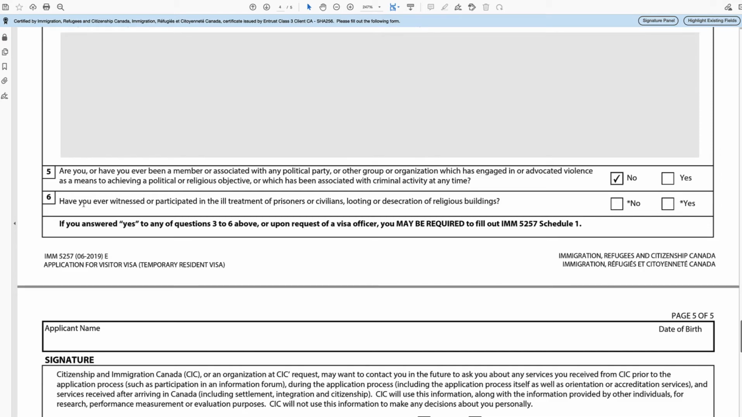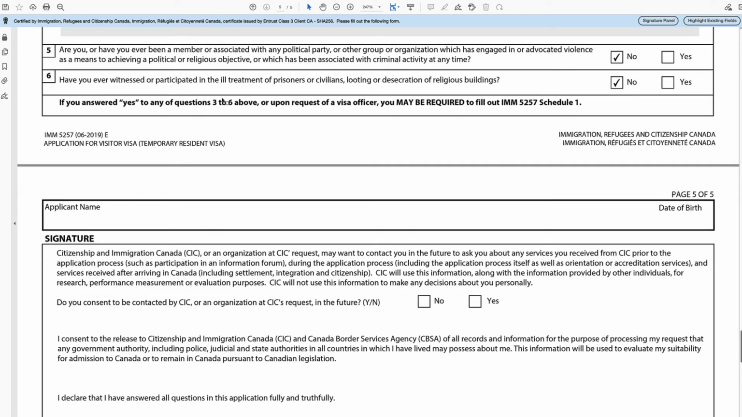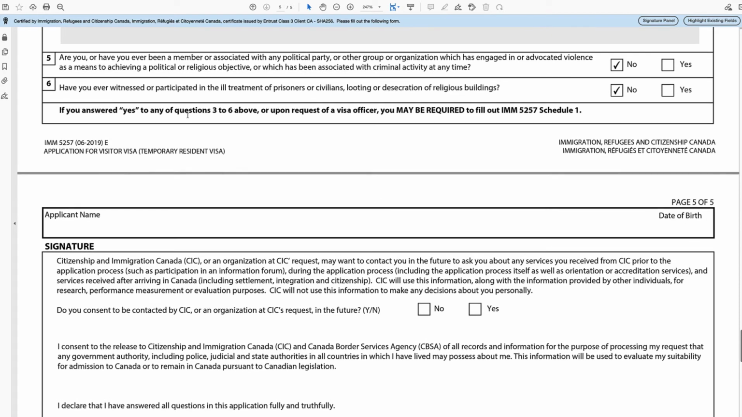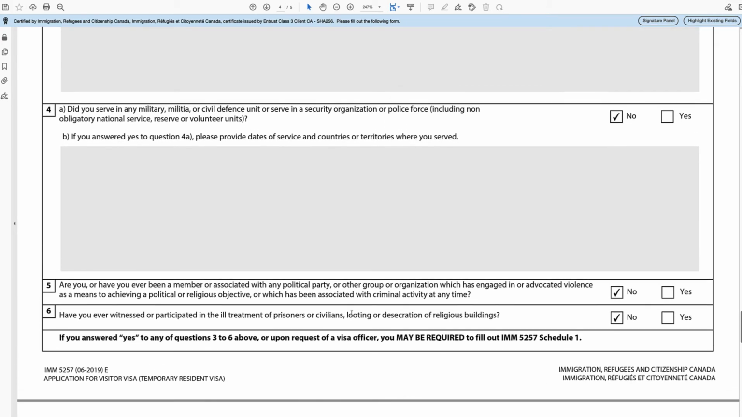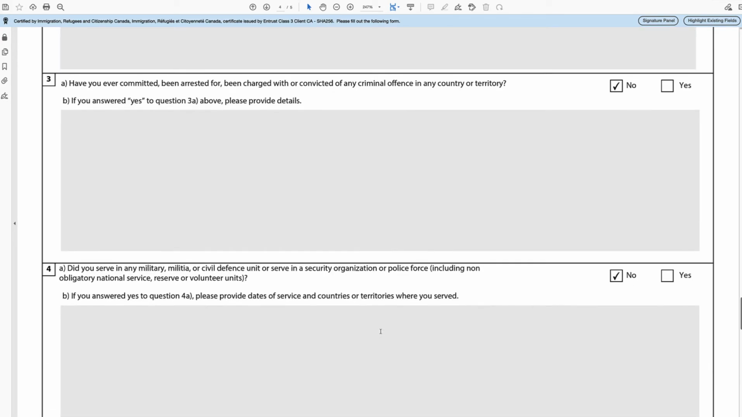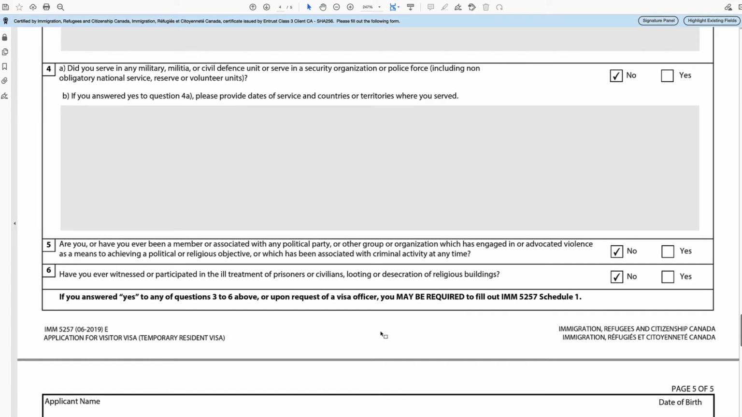And then the last one is, have you ever witnessed or participated in the ill treatment of prisoners or civilians or any of the other things? You can say yes or no, and then that section is done. Now they also say, if you answered yes to any of questions 3 to 6 above, or upon request of a visa officer, you may be required to fill out